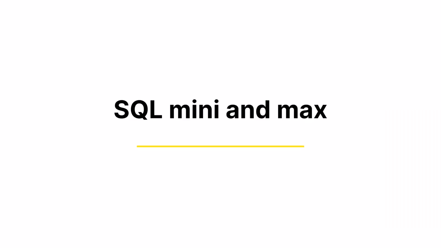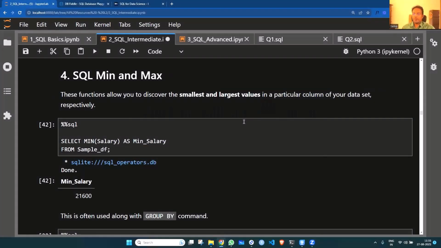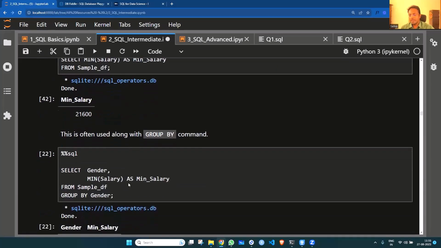Let's look at SQL min and max. This is also very, very direct. By the name of it, you can easily guess what it does. Minimum of a particular column will return the minimum value. Min of salary will return the minimum, right? Likewise, max will return